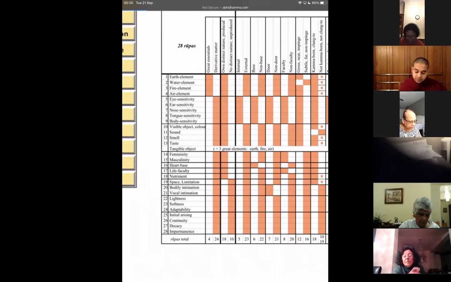Bhante, in chapter 3, we studied doors as sixfold. And in this chapter, it's 7, isn't it? The 5 senses and the 2 communication. Yeah. Why is it 6 there and 7 here? What's the difference? I mean, because the book says so, basically. I'm kidding. By the power of Venerable Anuruddha.